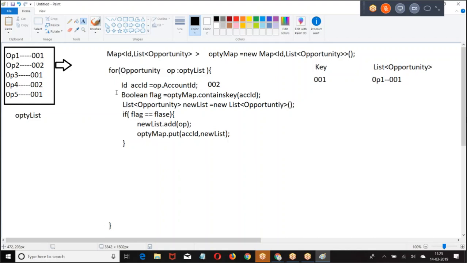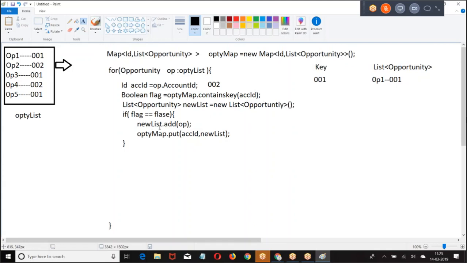Now what was this? Now we have an opportunity. What is the opportunity ID? 002, right? The opportunity is opp 002. In this, what is the ID we had? 002. Now, does the map contain the key 002? Do you have any key called 002 in the map? The map does not contain it. Then flag equal to false. When flag equal to false, what am I doing? newList.add(opportunity).